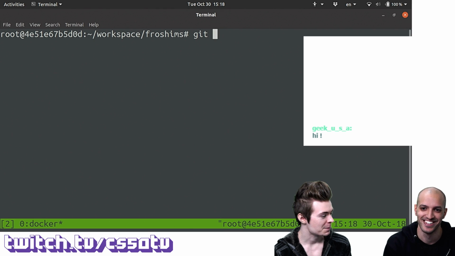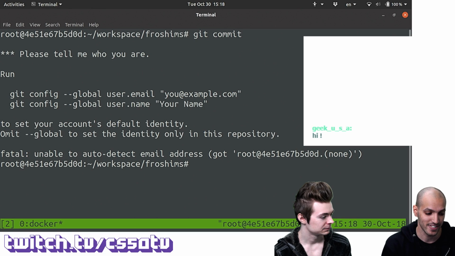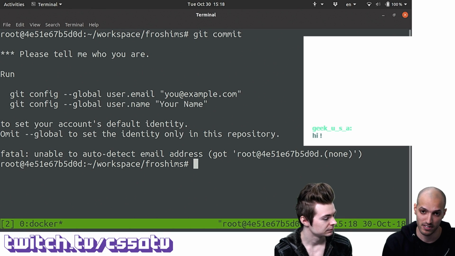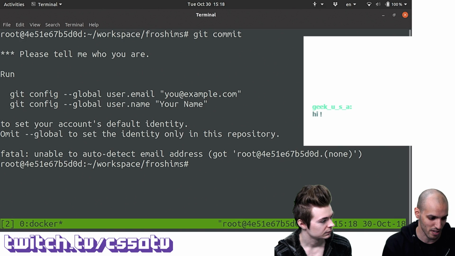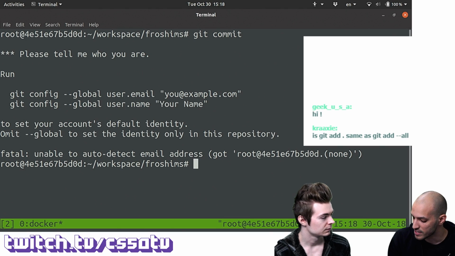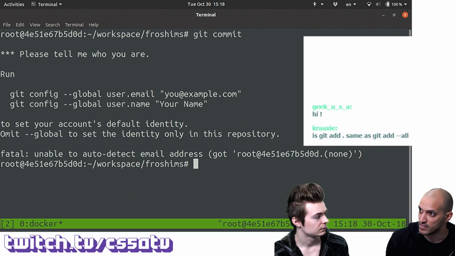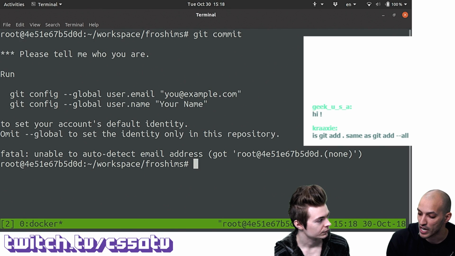Okay, so git commit, and again, Git seems to be complaining about lots of stuff here, and particularly it tries to tell me, hey, you want to set your email and name and all of this information. The thing is that Git doesn't only keep track of files and what changed.